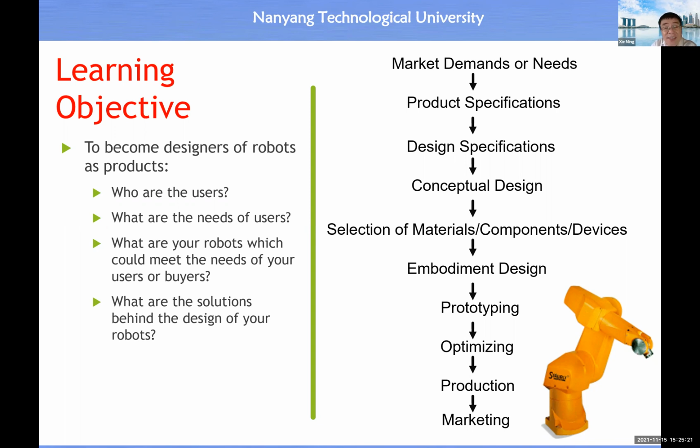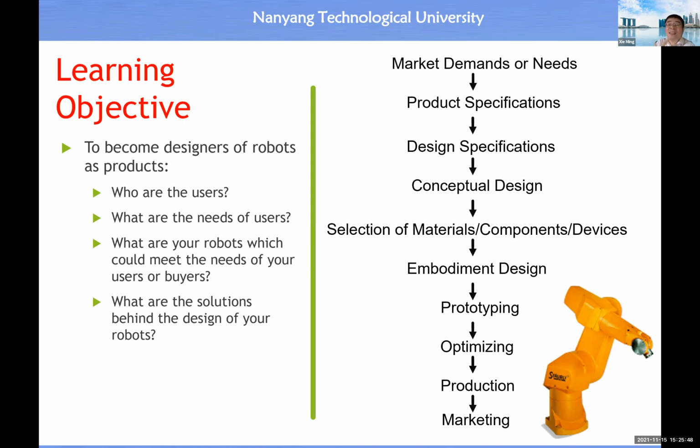The second situation is the case in which we have a product or system which looks for a buyer or user. Therefore, as a designer of the robot, you may want to design a robot,